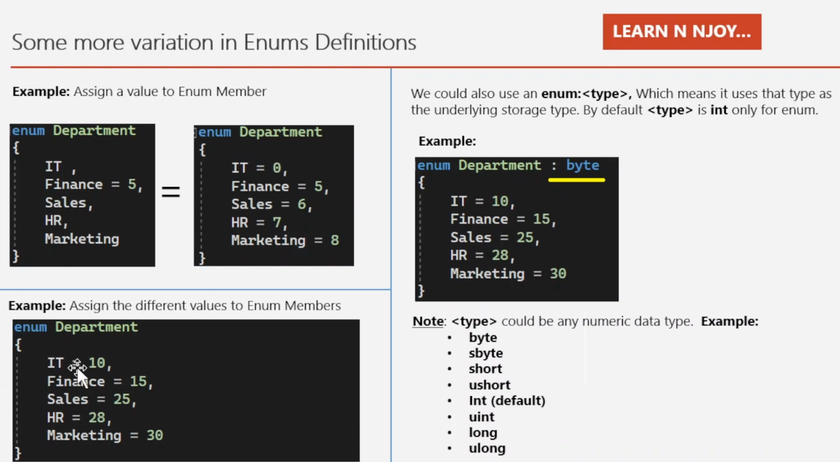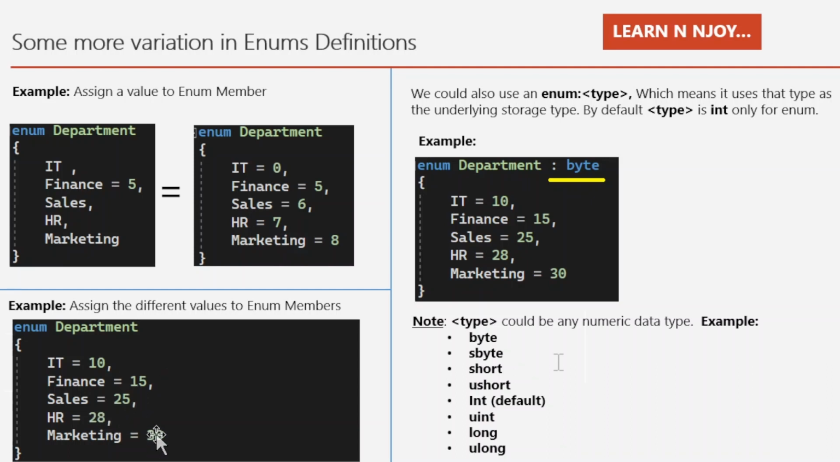IT is equal to 10, finance is equal to 15, sales is equal to 25, HR is equal to 28, and marketing is equal to 30. So all members of the enum have values. Please keep in mind all enum member values should be unique, and that's what I have given: 10, 15,